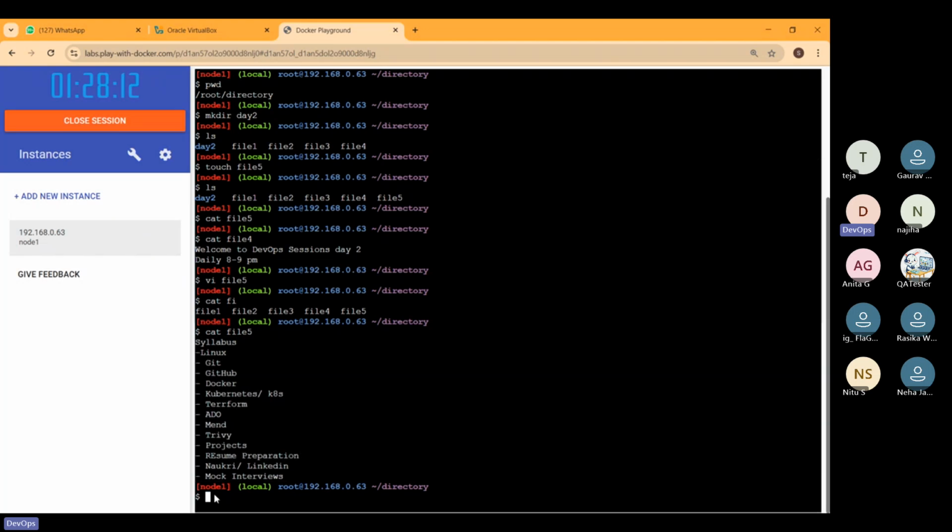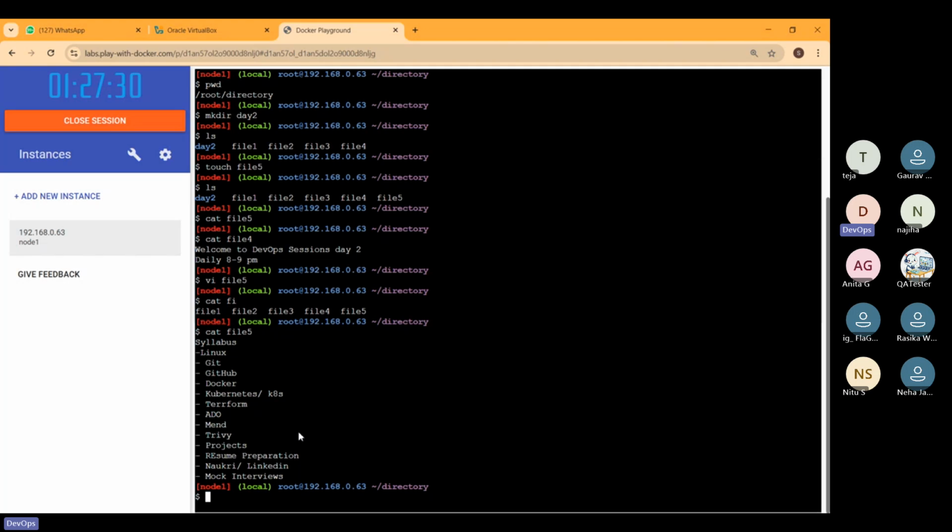So, simple thing, you have to use vi. You have to type the name of a file and then press the i button to start typing. Once you type i, your file editor will go into insert mode, and then you can start typing. Once you are done typing, you have to press colon and wq. wq is nothing but w for write, q for quit. So this process will save your file in Linux. Okay, so I hope now everyone understood how to open a file using the vi editor and how to save it using